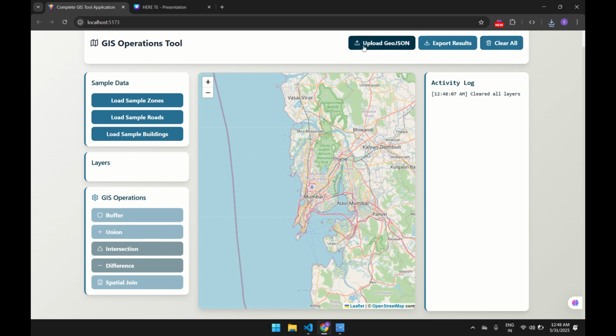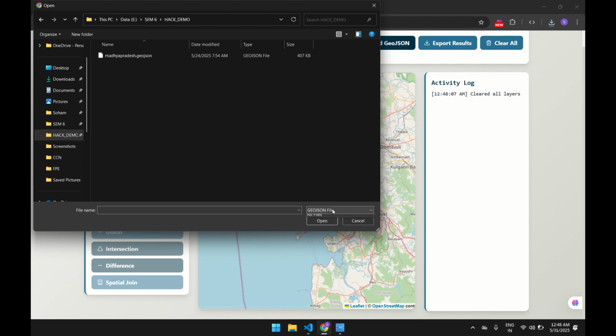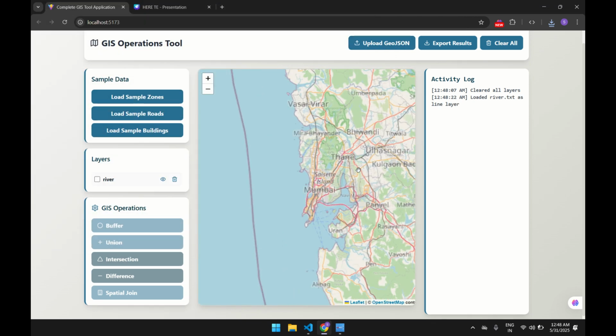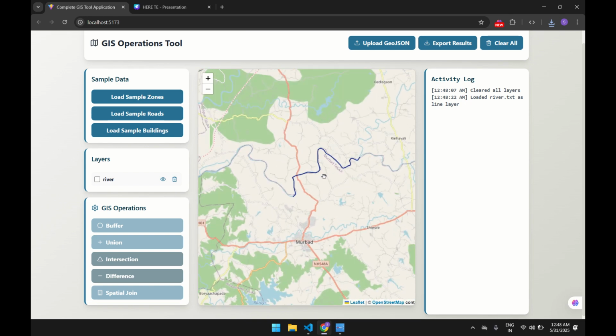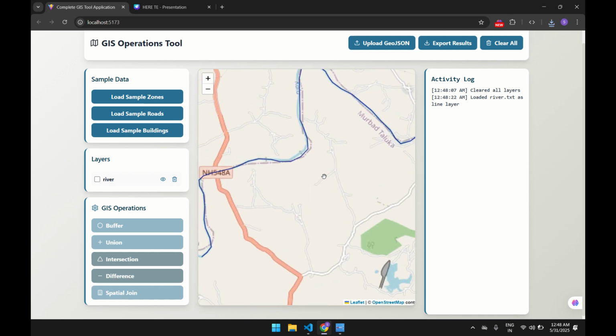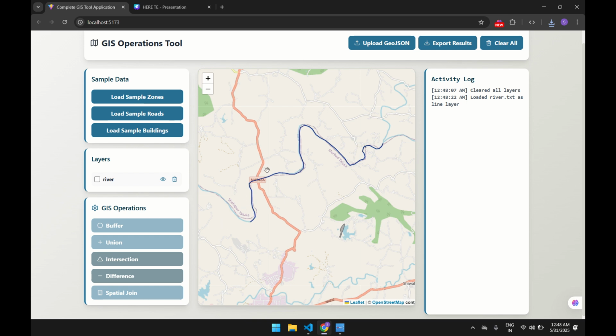That is the buffer operation. So we found out one of the applications for the same was where water bodies came into play. So let's say we have a river, a small piece of river here, somewhere over here. Yeah, so we just extracted this data from a used data set. So buffer operation is usually used for creating boundaries of rivers, and